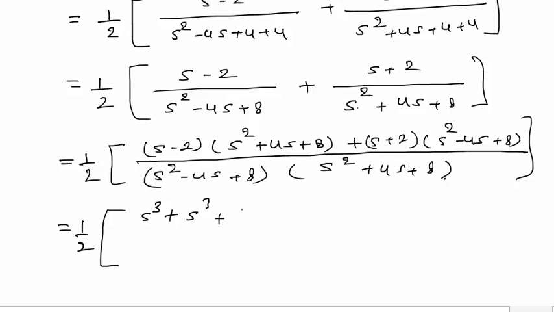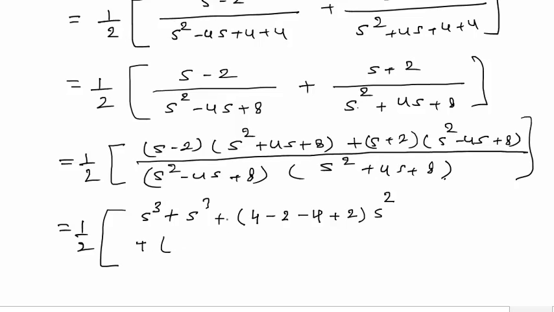Now see what about the s square term. This s when multiplied by this 4s, I will get s square, so I will write its coefficient 4. Then this minus 2 multiplied by s square, so I will say minus 2. Here no other term is going to give me an s square term. Now in the second bracket, this s multiplied by minus 4s, so I have minus 4, and this 2 multiplied by s square, so I have plus 2, and this whole will give me the s square term. Plus,